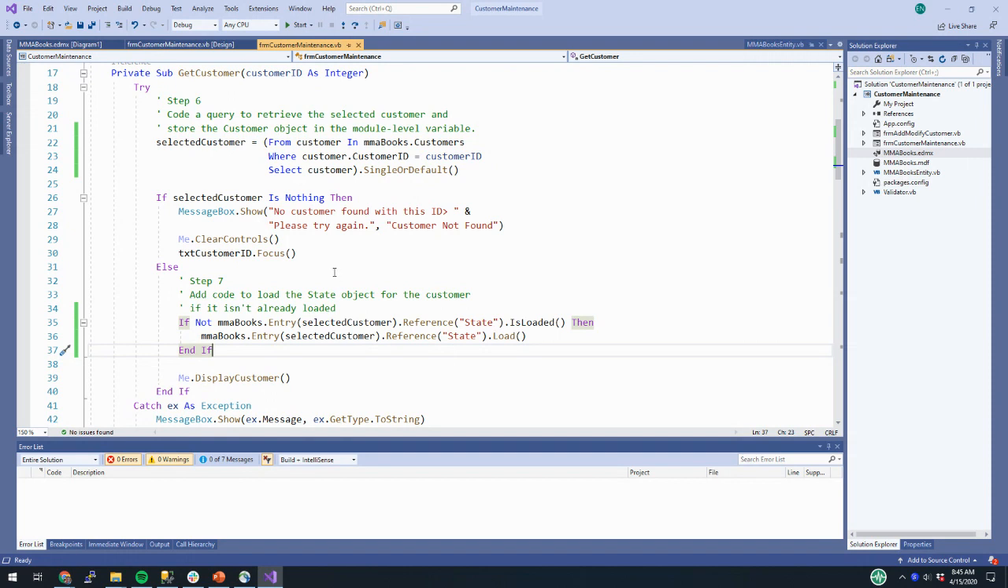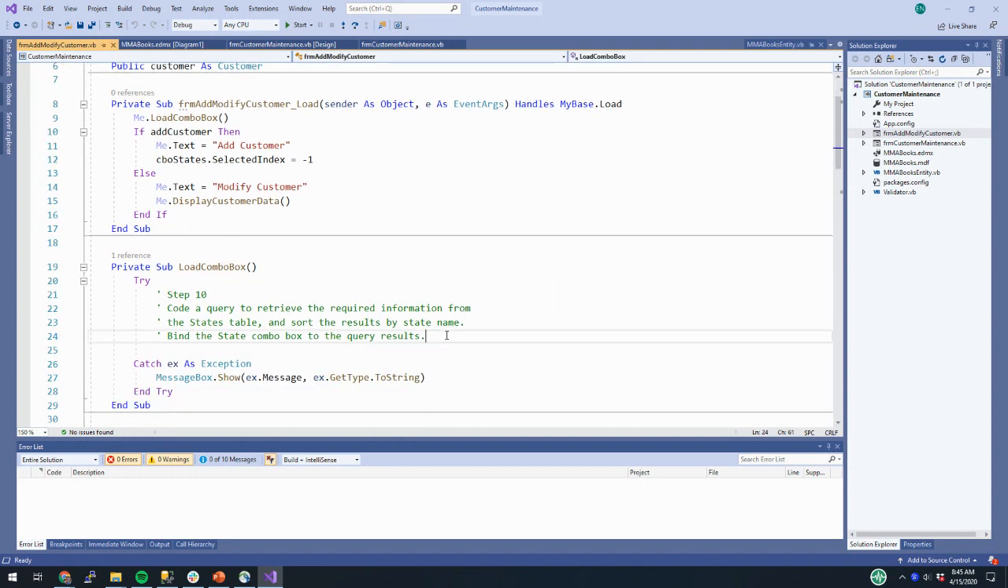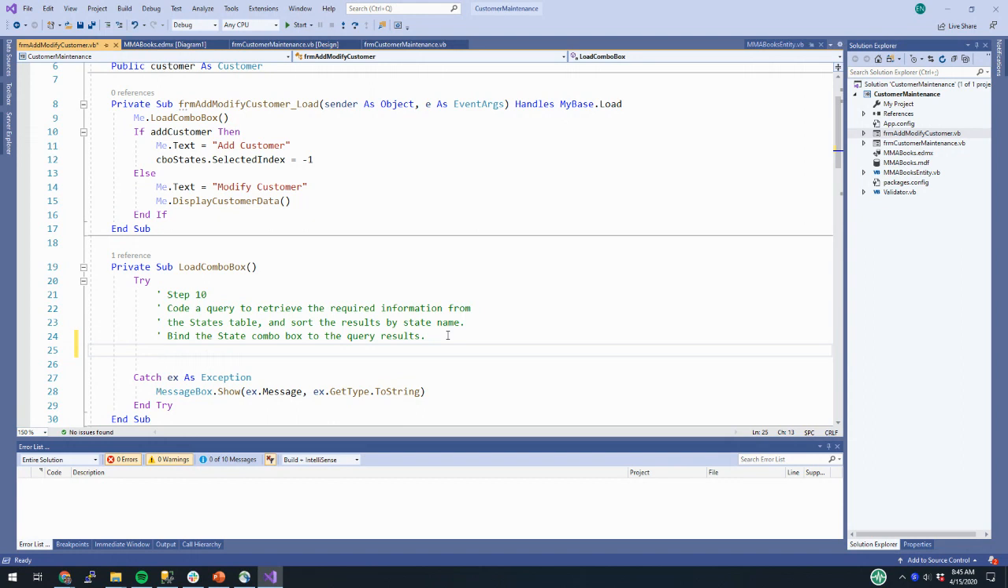Step 9, display the code for the add modify customer. Step 10, add a query to the load combo box procedure that retrieves the required data from the states table and sorts it by name, then bind the combo box. Okay, so we're doing two things here, but before we do those things, because here we're going to be querying the states table and loading it up into